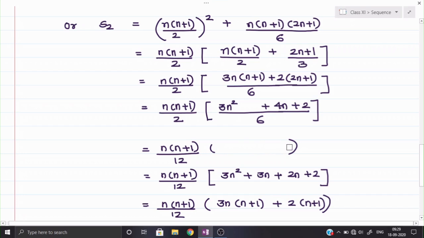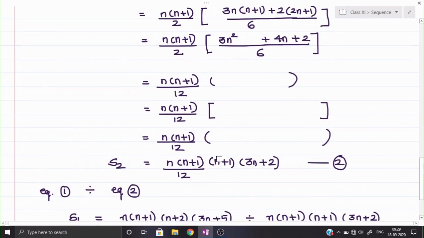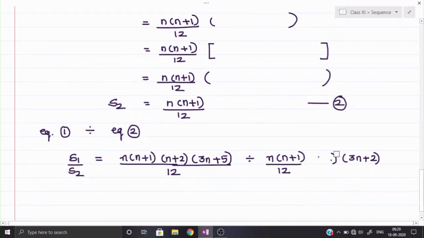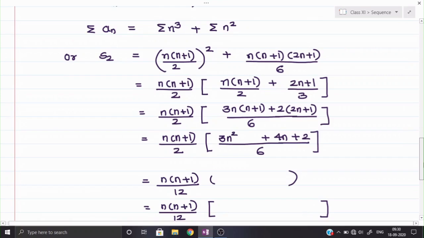We shall rub it completely. In the same way this one is also becoming wrong now, and this one is also. So let me rub this one first, then we can go ahead. And this one also. n into n plus 1 upon 12 is correct. Okay, and the last one we can also rub, because this is also wrong. Yes, see, a small mistake and our whole question was becoming wrong.